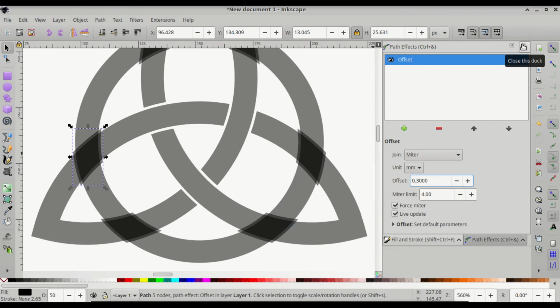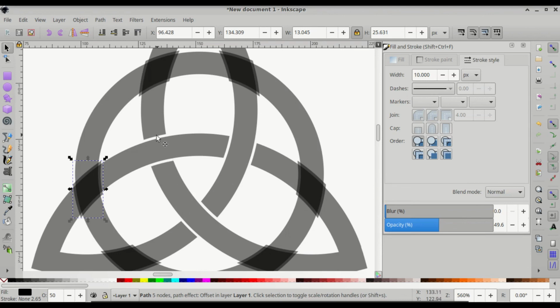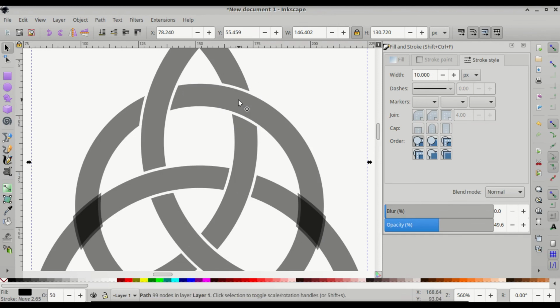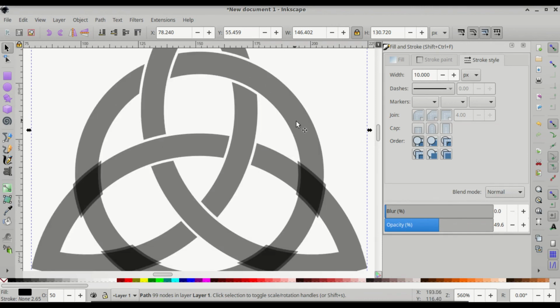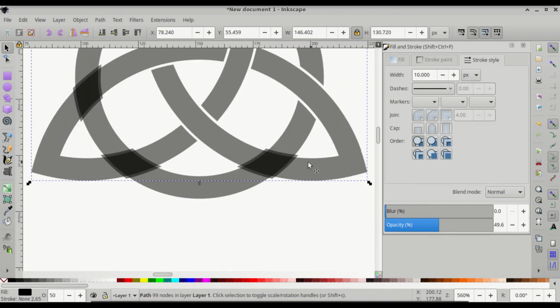And I think we can close the path effects and deal with what we've got here now. So here it's the knot that's being cut by the diamond shapes. So next we'll need to cut the circle. So click on the diamond shape and then shift click on the circle and Control minus to subtract the diamond from the circle. Next, click on the knot, then on the diamond shape, Control minus. So we've done the knot, next it will be the circle, diamond shape, Control minus, knot, diamond shape, Control minus,